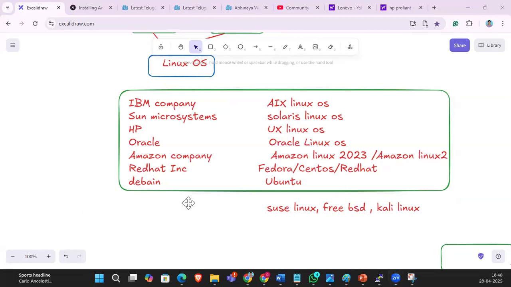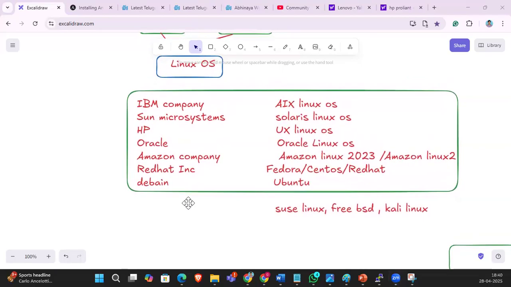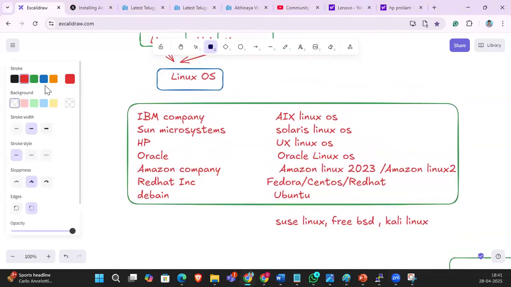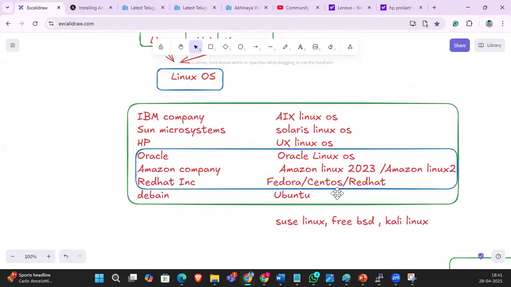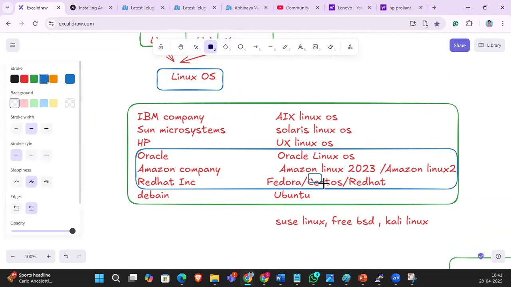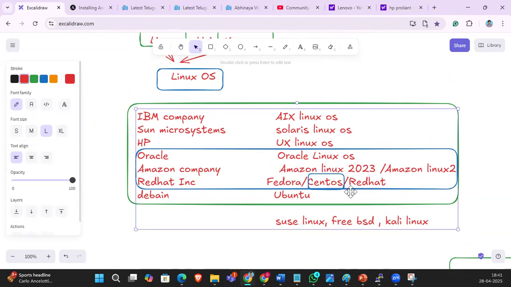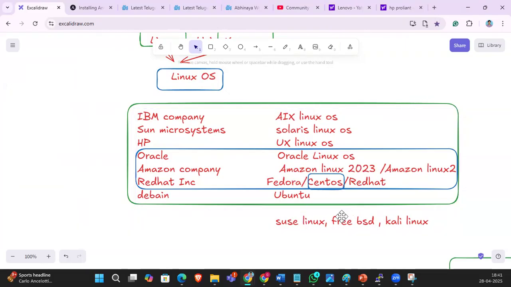They took that source code and created their own OS, Rocky Linux, right? In this course, we will discuss these OSs. Mainly we are focusing on CentOS, but if you know CentOS, the same commands will work on Red Hat, Fedora, Oracle Linux, and Amazon Linux, and it will be easy to understand the other Linux OSs also. The naming convention may be different, but the core function is the same. It will be very easy.